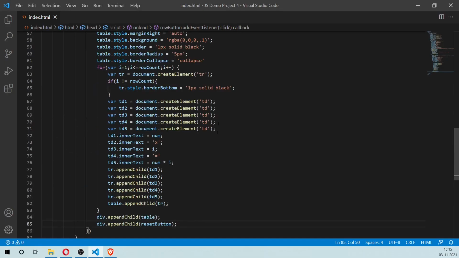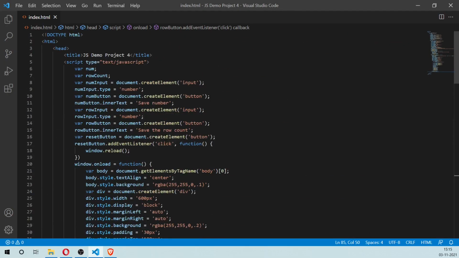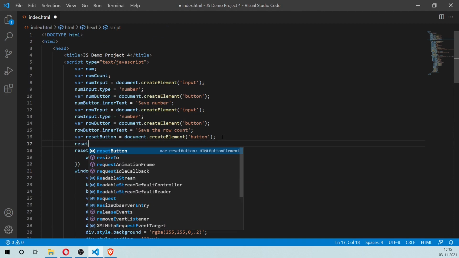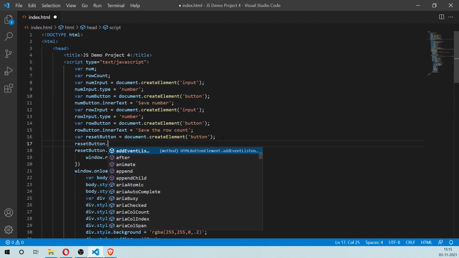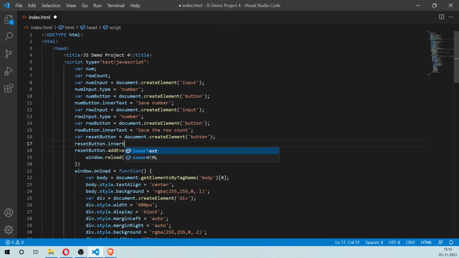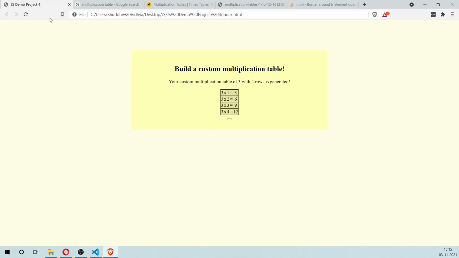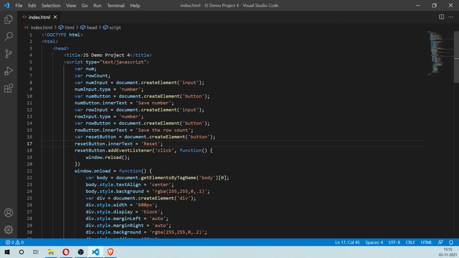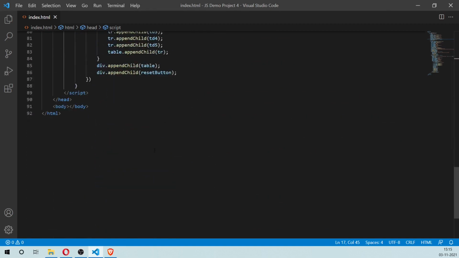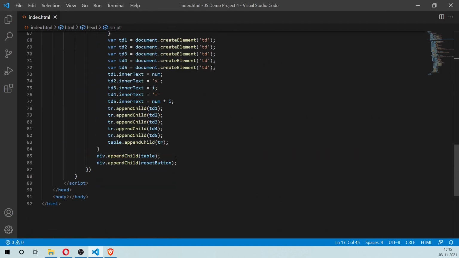And we need to give it a label. resetButton.innerText equals reset. So we have this. We can append this to the body rather than the div.